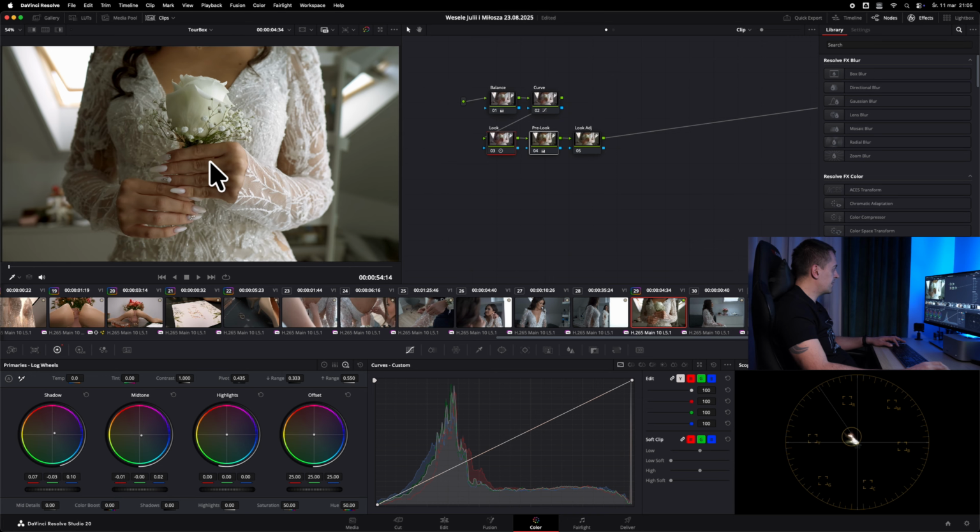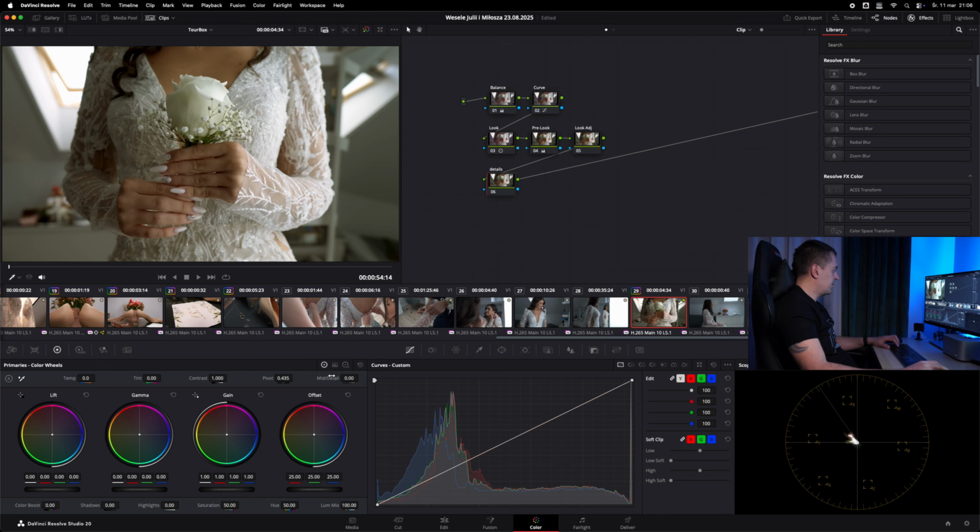Okay, this I will leave for the next part, but I will create another node, and this node I will call details, and I'm going to switch to our primaries, and in mid and detail I will jump to 20.